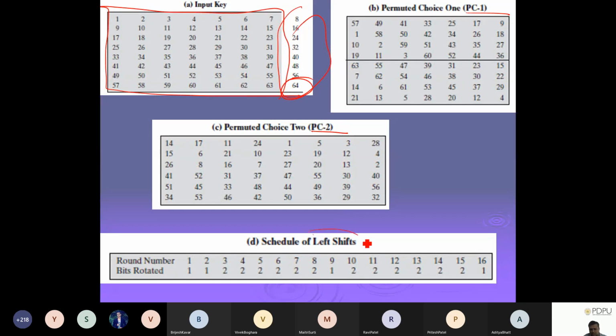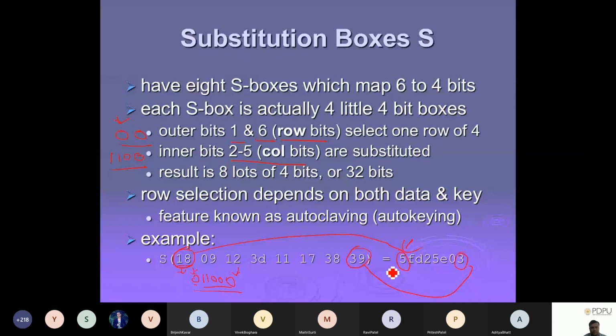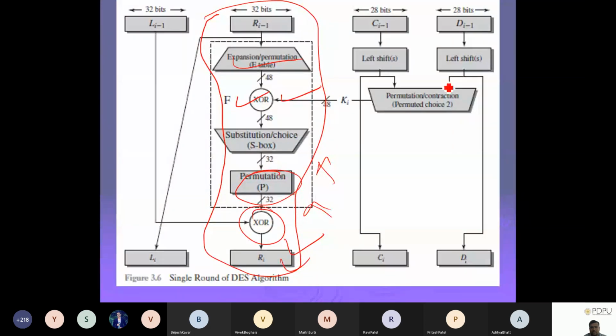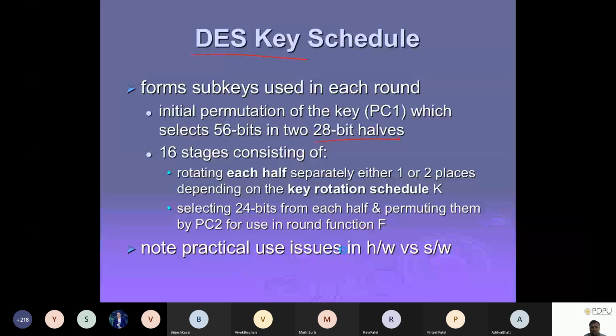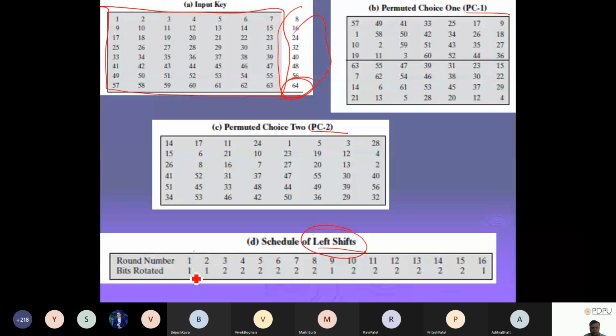And now this is where the question of shifts comes in. If you remember, let's go to the diagram. Here I have the left shifts. You can see this is the shift in each round. In some rounds the number of shifts is 1, 2 or whatever; in some rounds there are multiple shifts. That's why they use it.